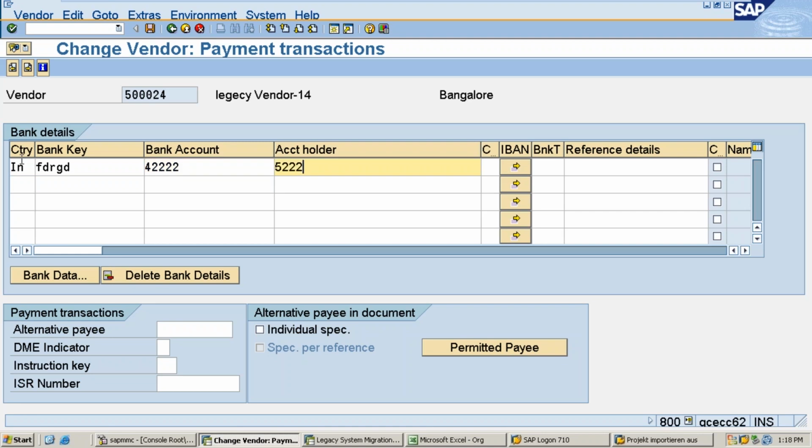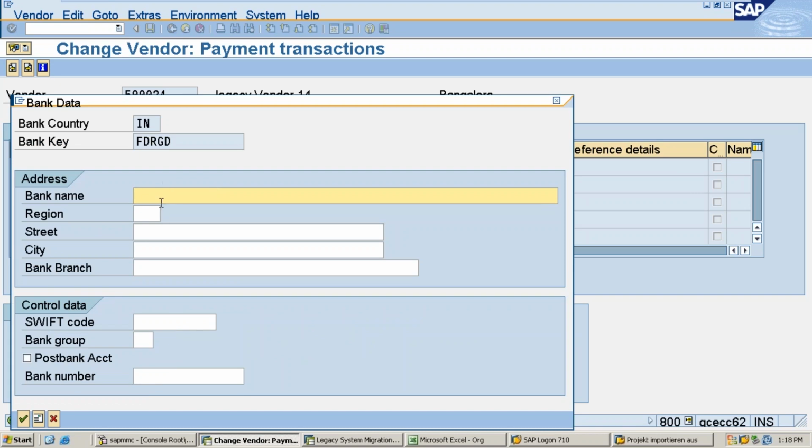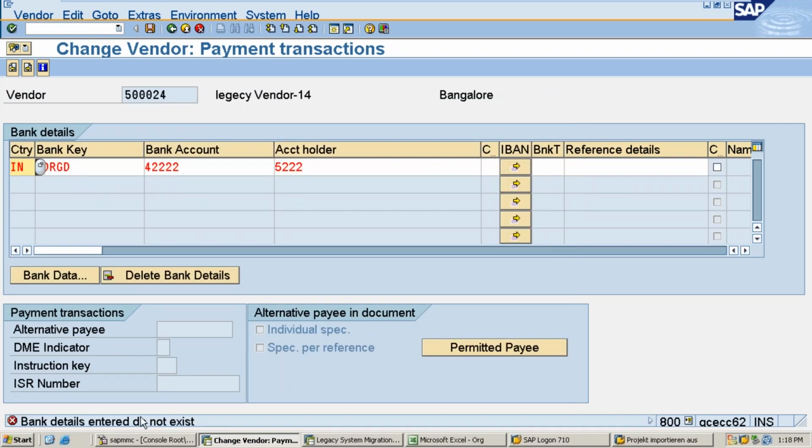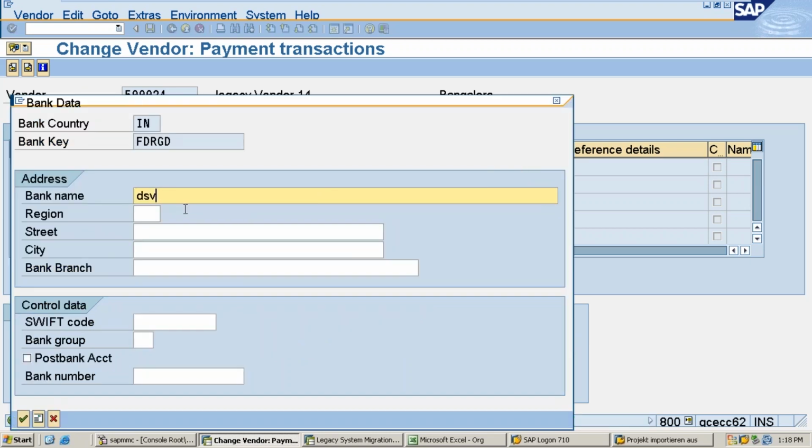See, IBAN means, what it says. See, it is asking for the bank key. Make sure the bank key has been created in the system already. Otherwise it will give you an error message like this. See, bank key doesn't exist. So first make sure bank keys have been created in the system, then you can enter it here. Otherwise, you may have to fill all the details. Okay, that's not the correct way. Then IBAN also. First you fill up these details. I will show you.